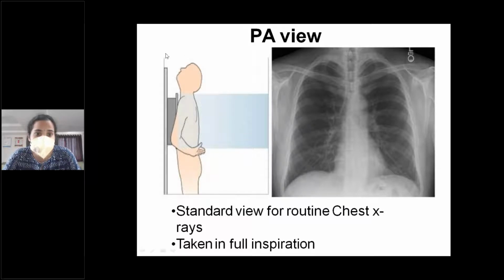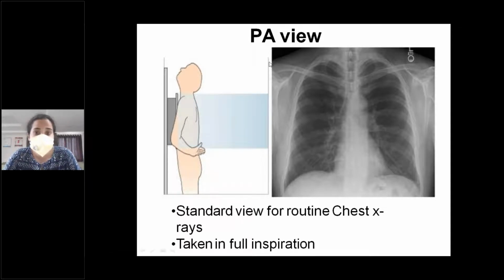We also have to note that the patient's neck is in hyperextension. When the patient places his head in hyperextension, you can clearly view the apices of the lung. Apices are actually called the hidden areas of the lung. When there is any pathology, if the patient flexes his neck, the soft tissues of the neck tend to overlap with the apices, and you will miss the pathology that is present in the apices of the lung.